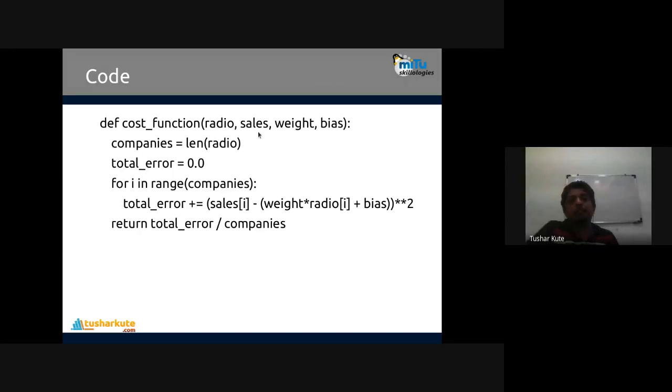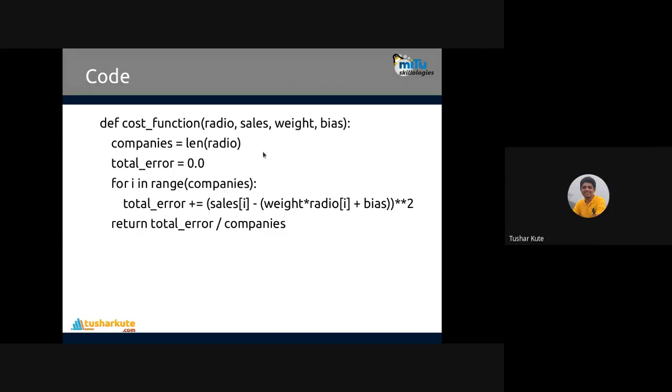Companies is equal to the total number of elements. How many are there, meaning how many times you have to proceed. For example, the data set I showed contains 4 companies only, so the length of radio is 4. Total error I kept at 0. Then for i in range(companies), the loop will be executed 4 times, and